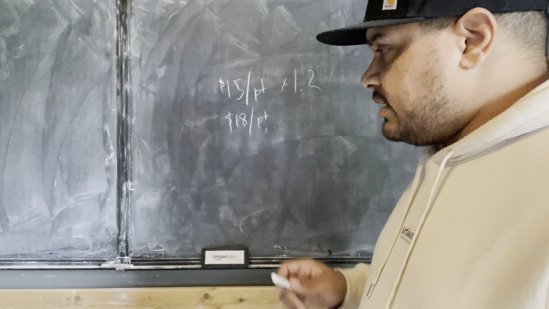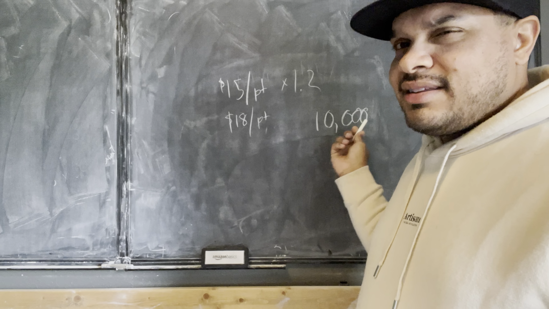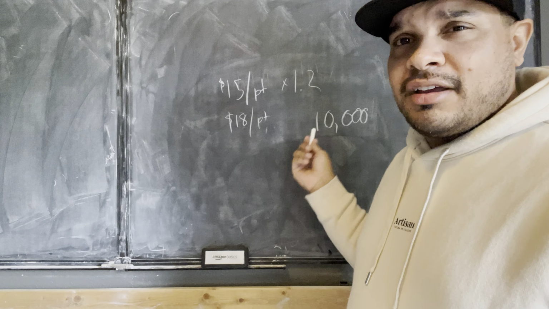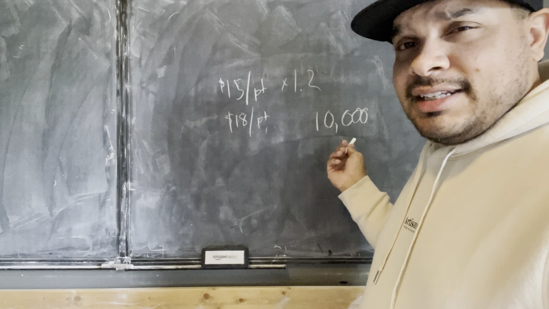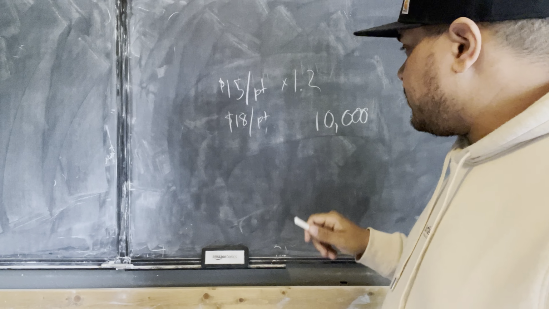Okay, so if I've got $10,000 in expenses this month that I have to cover, and these are fixed expenses, which is high. It depends on how big your company is, but if you're a small average company, this is quite high. But I just want an easy number to use. So if this is the case, then what we have to realize is, well, how many points